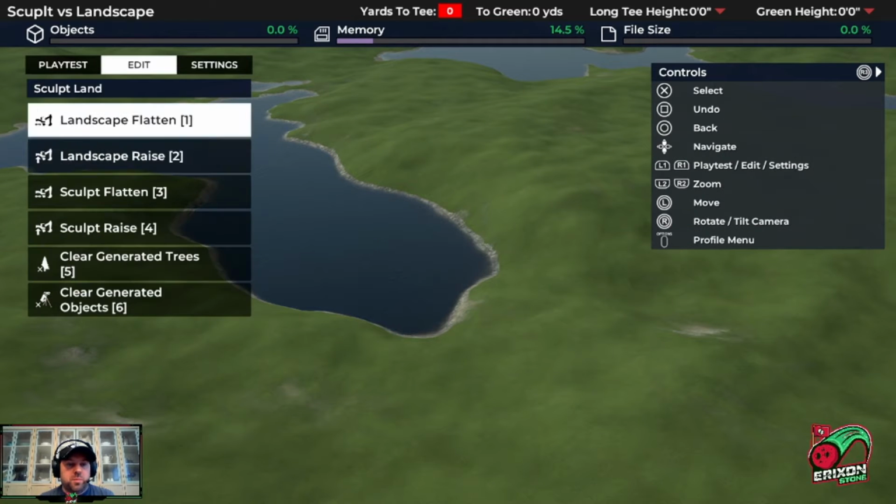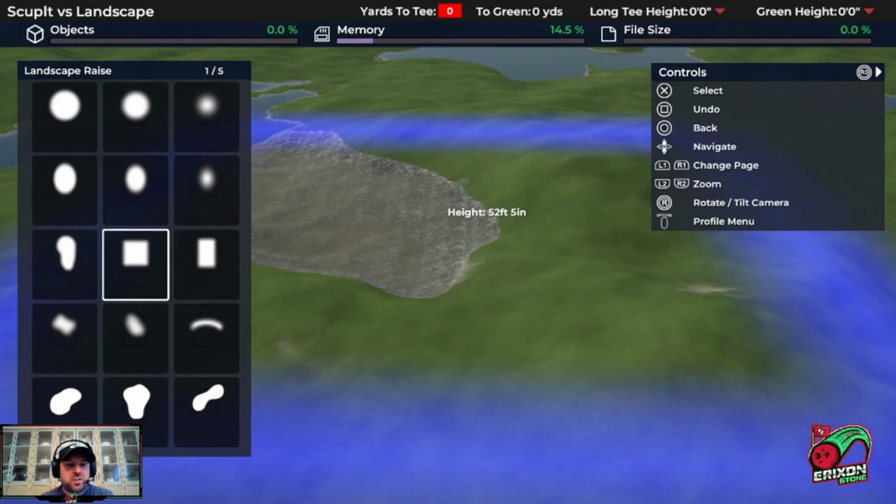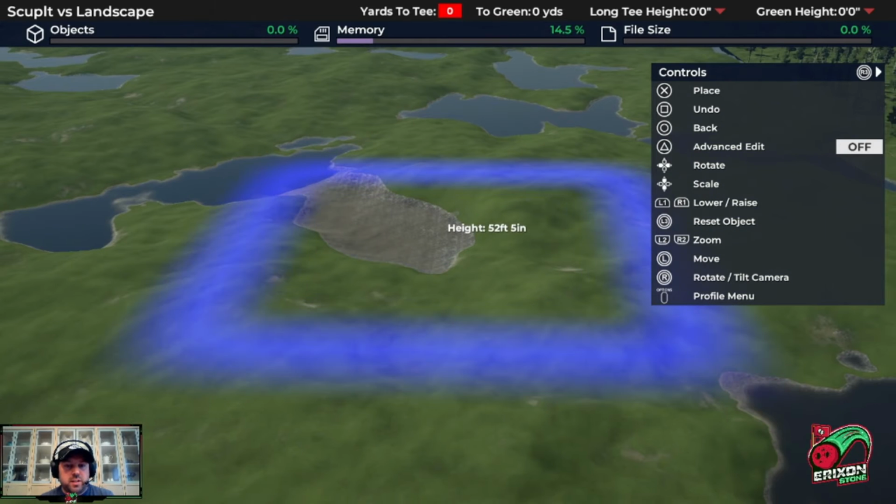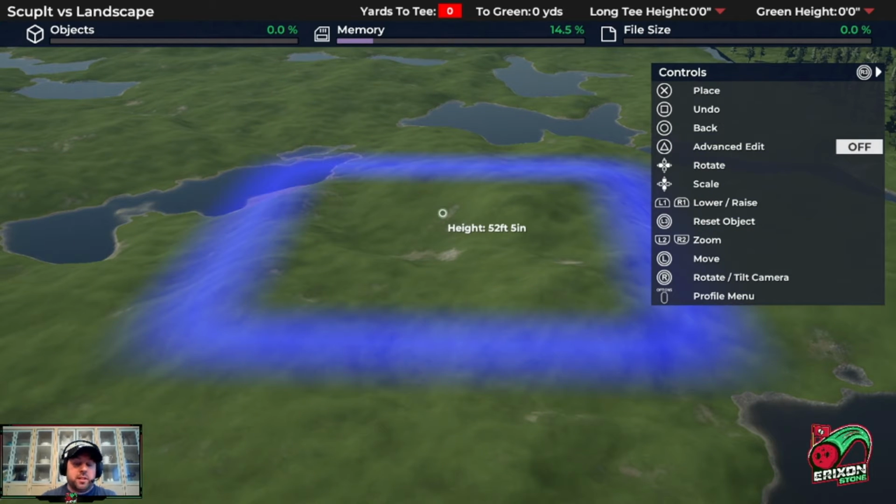So if I sculpt the land and choose the landscape raise, and I raise the landscape, what's happening here is my layer of modified terrain is above 0 feet elevation, or the water table,